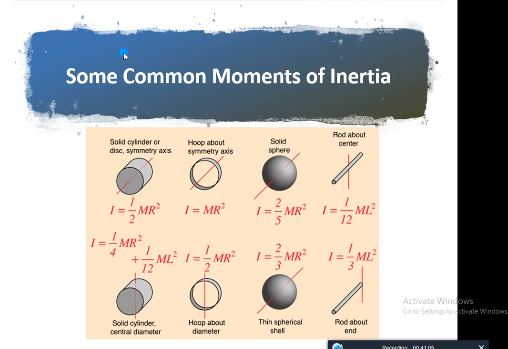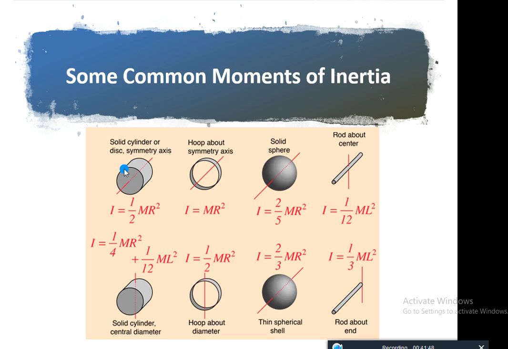Here we can see we have some common moments of inertia of different shapes. The concept of moment of inertia is one of the most important concepts that will be used in the design of the bridges. Most of the students in their exams do not take care of the moment of inertia. For example, normally we use the rod element, and sometimes we attach a point mass at the end of the rod, and we ask what should be the moment of inertia, and the remaining concept will be the same. So how do we decide for all of that?